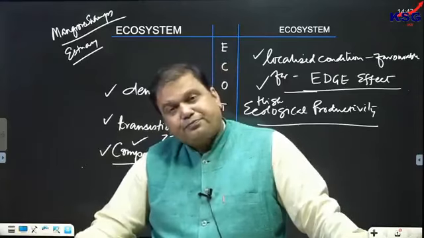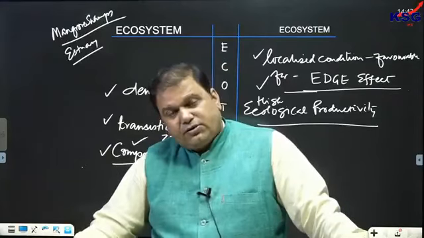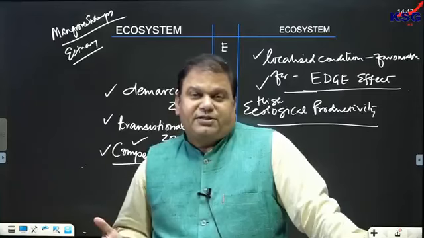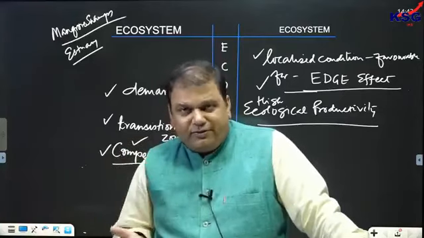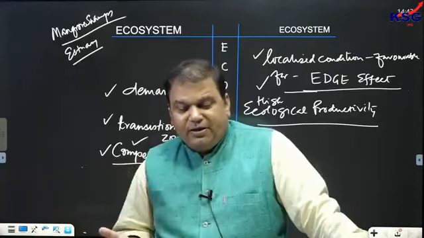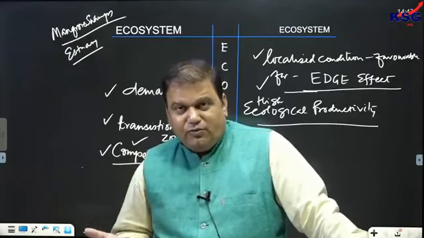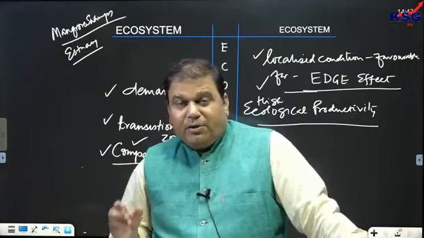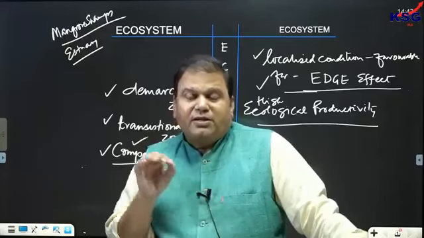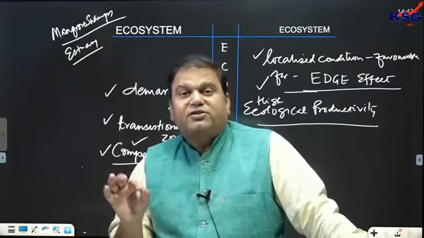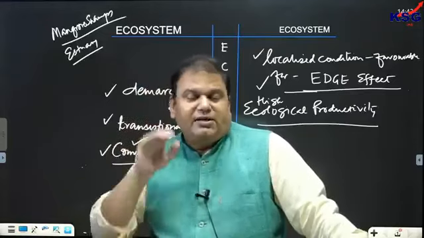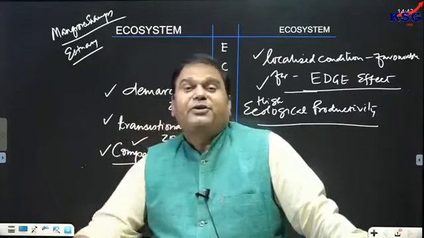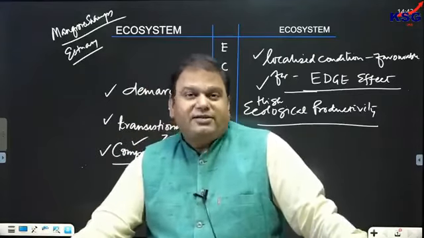Fine. So that's the definition of keystone species: they ensure the survival of other species, they maintain the abundance of other species. But the most important part is that they are responsible for maintaining the structure of the ecosystem. Because if you remove them from the ecosystem, the entire ecosystem is going to be disrupted. So that's called keystone species.